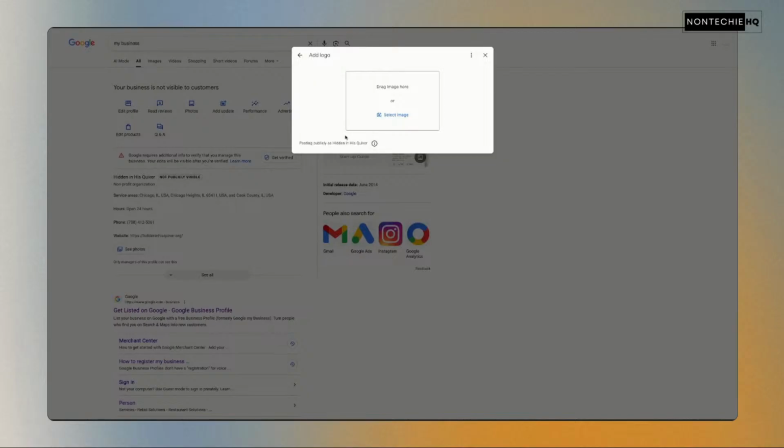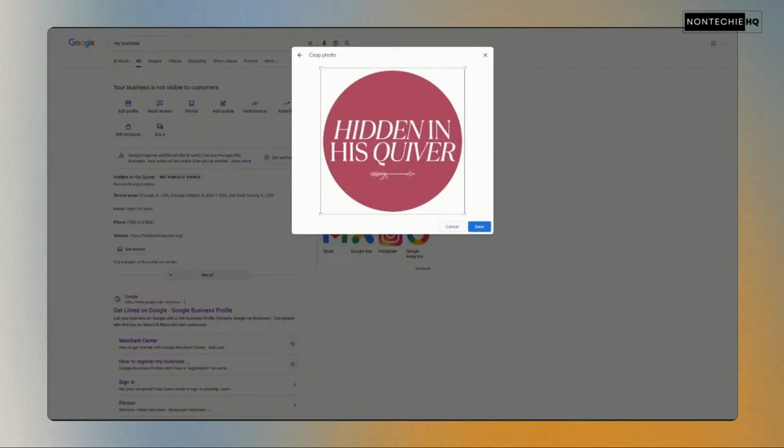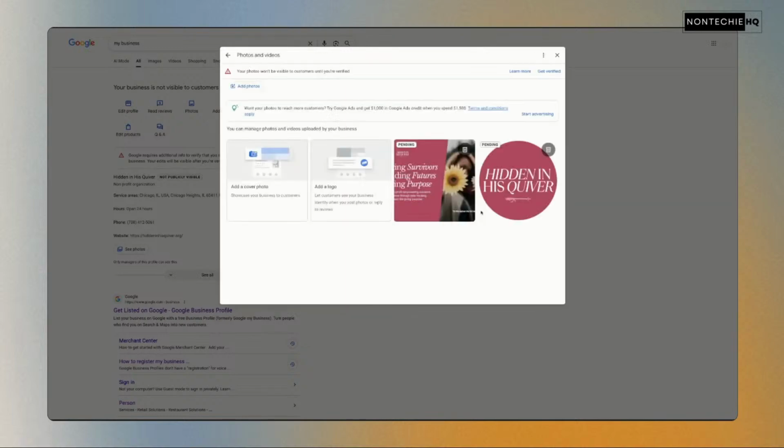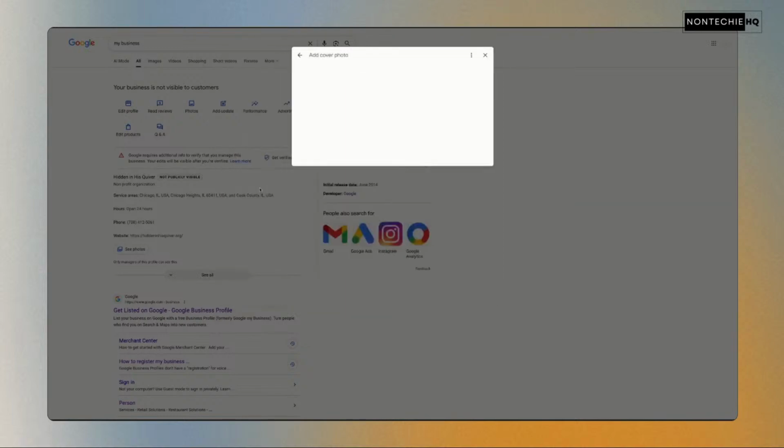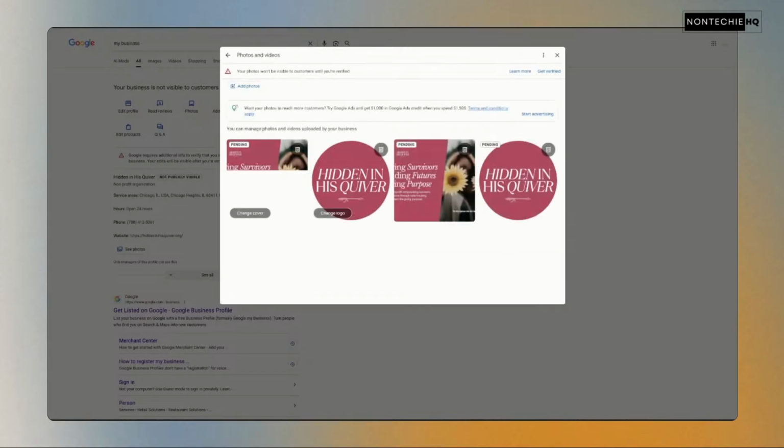I'm going to add the logo in the logo section, because then it will show up on the profile in the little circle. And then I'm going to add that cover photo in. It will probably be, we'll see. But if you want it for these dimensions, we'll go over that tomorrow in the co-working space to get your profile up. So there is our photos.